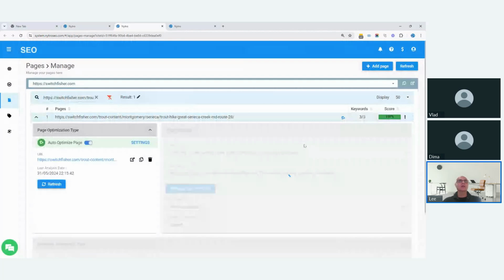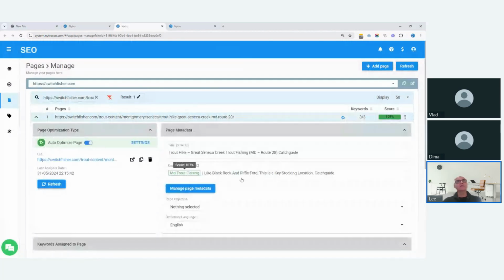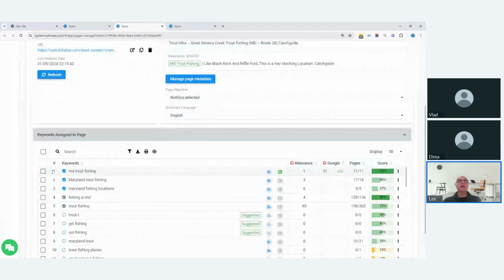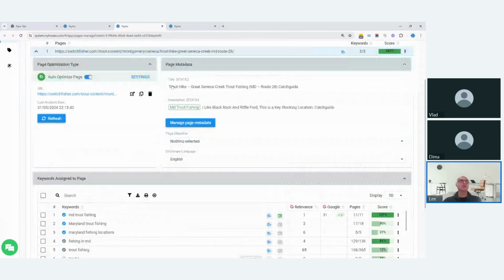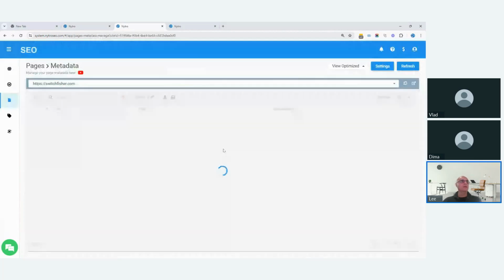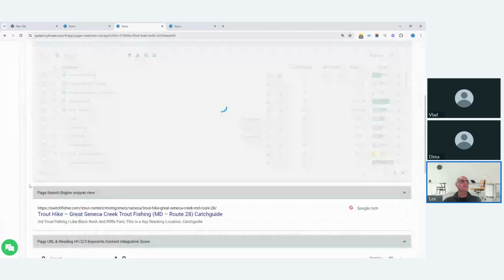MD trout fishing. Here it's quite interesting. Yes, that's the tags. So the system added this keyword to the tags, but it did not change the title, only the description. And in some cases, just adding the keyword to the description in the right way. If you look at the search snippet view,